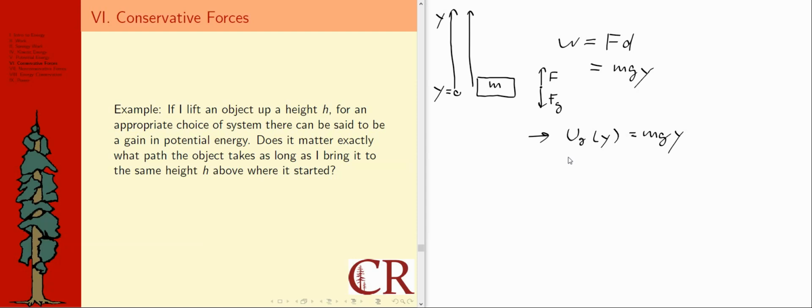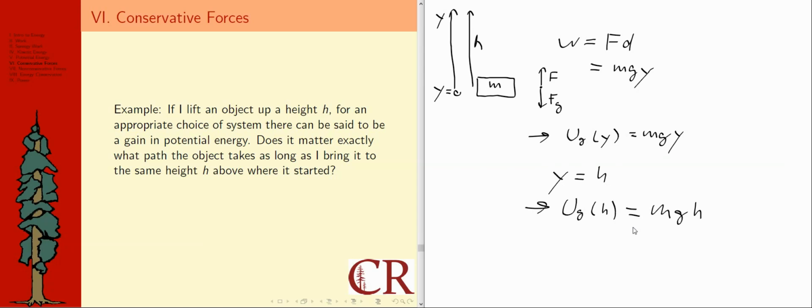So in the last example, we were talking about an object going through a distance y, but what if I renamed that h, and said this is the distance I lifted it. I have this potential energy function, U_g of y is equal to mgy, but really when I said h over here, that's like saying y is equal to h implies that the gravitational potential energy as a function of that h is equal to mgh. And that's the formula we already used before we got so formal about this stuff.